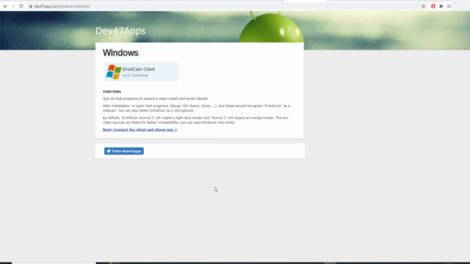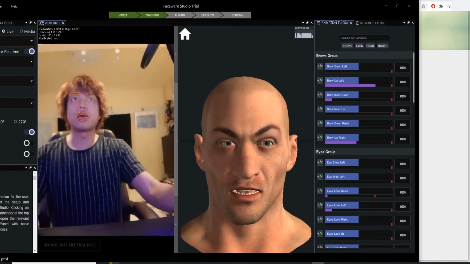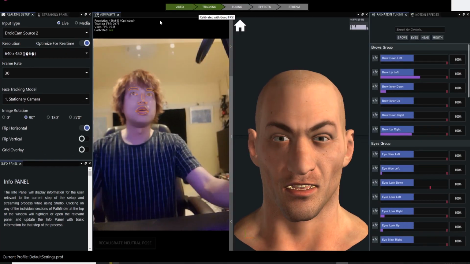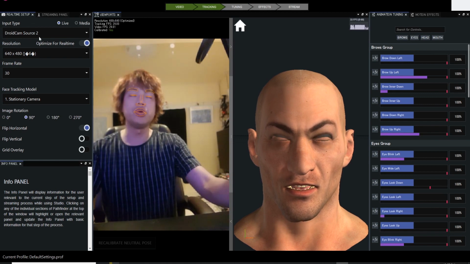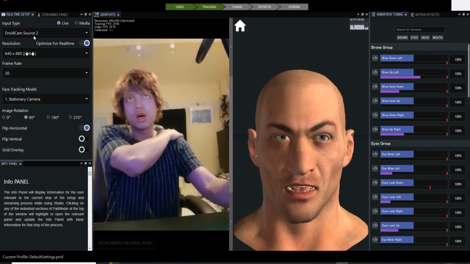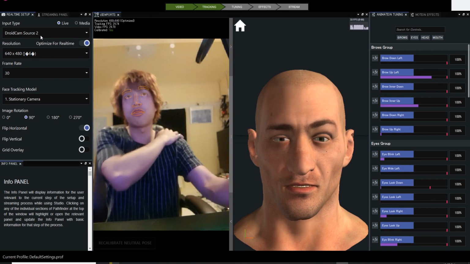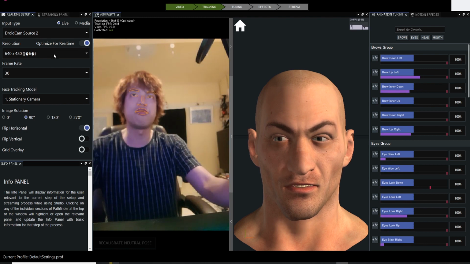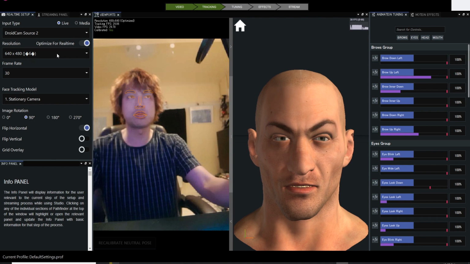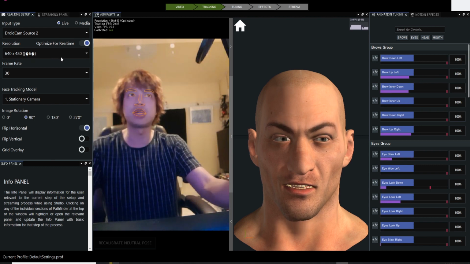And afterward, when you start the Faceware Studio, you're able to do something like I do, like here. I basically get the driver from the DroidCam source 2. There are 2 sources installed, and I choose source 2. You might have to choose a different number, by trial and error. And I choose the low resolution because you don't need great resolution for facial detection, especially when you're using a machine learning algorithm. They downsample it anyway for the